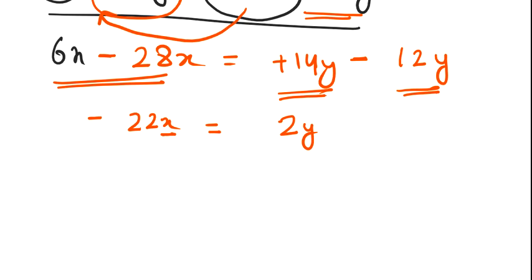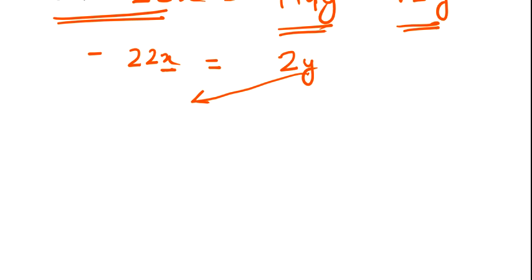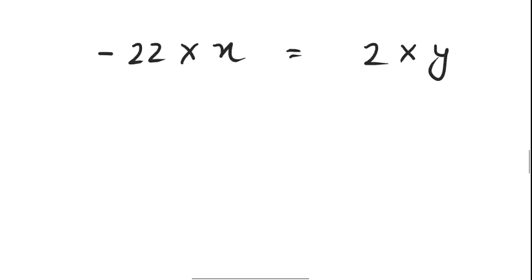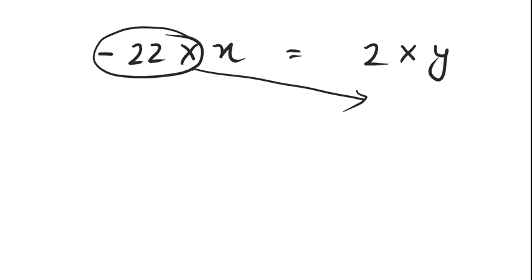More we can simplify. We can do x, y here, meaning we are separating the variables and the constant part. Clear? What will happen? This minus 22 will go this side and this y will come this side. Now see, they are in multiplication. Minus 22 into x equals to 2 into y. This multiplication part will go down, meaning multiplication will become divide when it goes to the opposite side. So x is equal to 2 by minus 22 again.